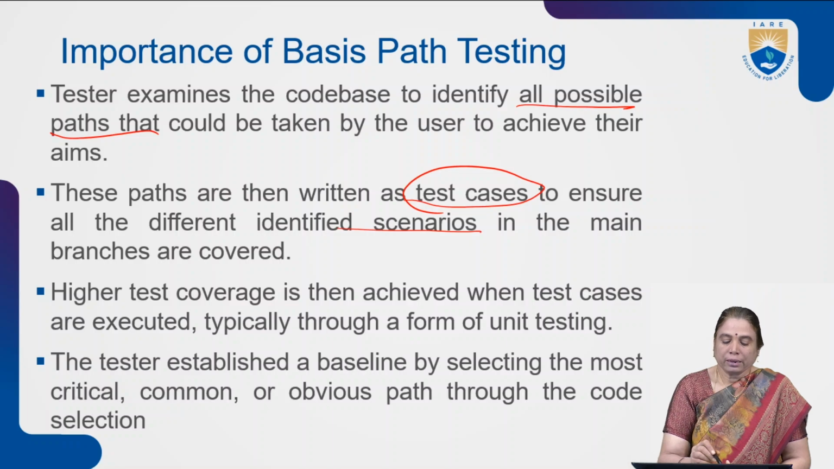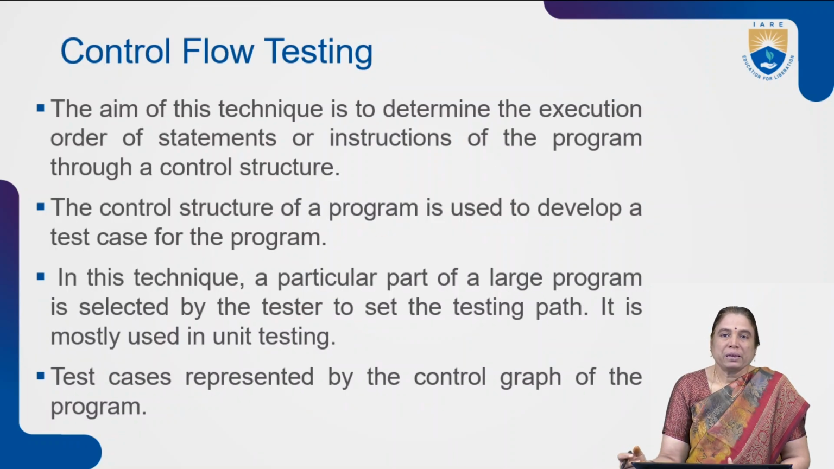Higher test coverage is then achieved when test cases are executed, typically through a form of unit testing. The tester establishes a baseline by selecting the most critical, common, obvious path through the code section. So, to achieve basis path testing, after completion of this technique, one more popular white box testing is control